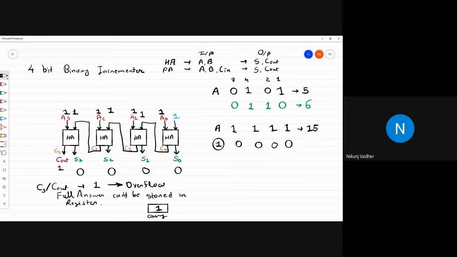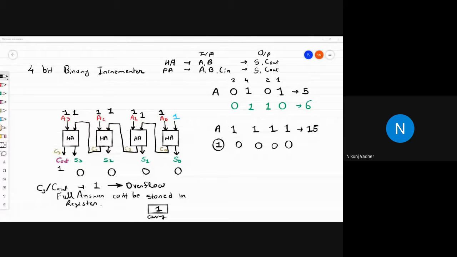This is something like filling the water tank at our home. What will we do? We will turn on the motor and increment the water amount in the water tank. But once there is overflow, then what will we do? We will stop the motor or water pump. The same thing will happen in this case as well.